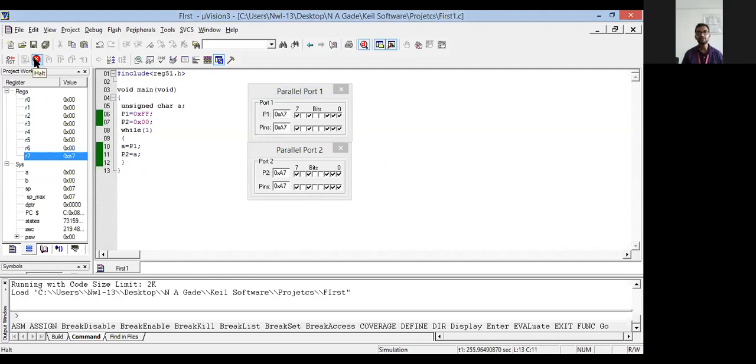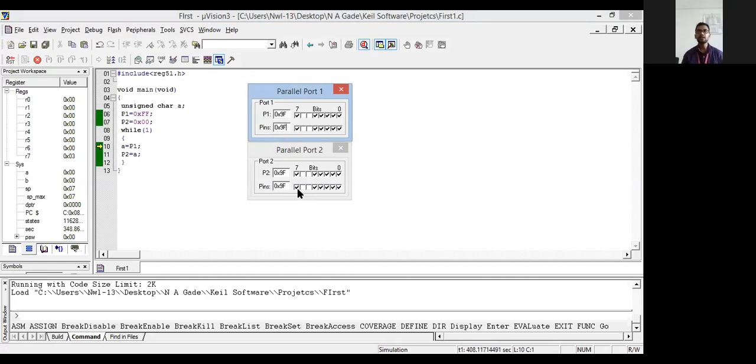Okay, if I press stop button, as you can see the pointer is pointing towards the A is equal to P1, means it is indicating that your program counter is continuously in the while loop now. Okay, so whatever values you will write into the port 1, say suppose 03, then again click it here, it becomes now 03. When you write here 9F, 9F is reflected over port 2. So this is the input output operation of the ports.